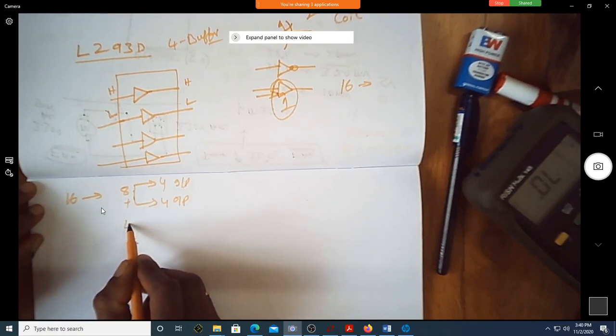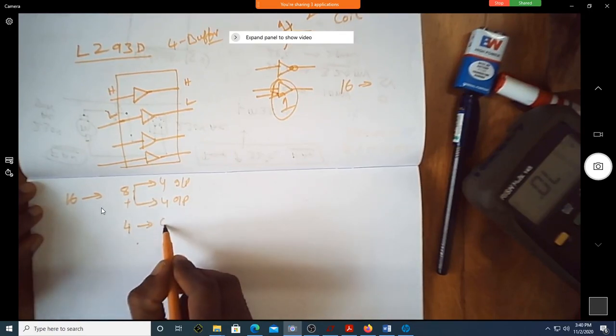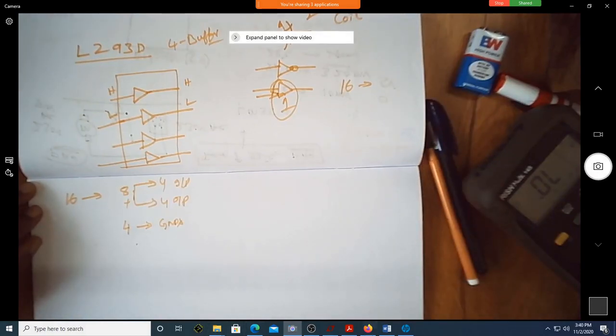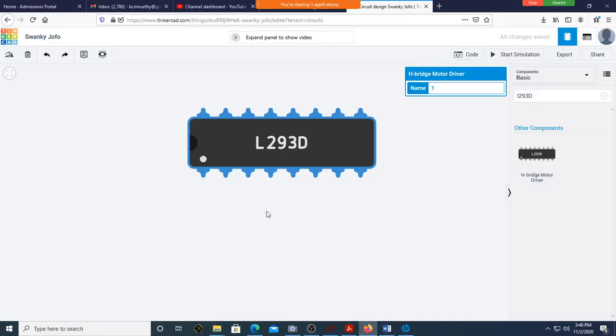Out of that, 4 more pins are grounds. Can you see, this is one ground, second ground, third ground, fourth ground? There are 4 grounds.